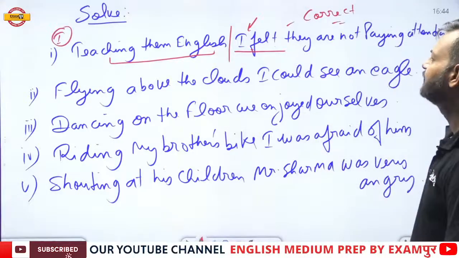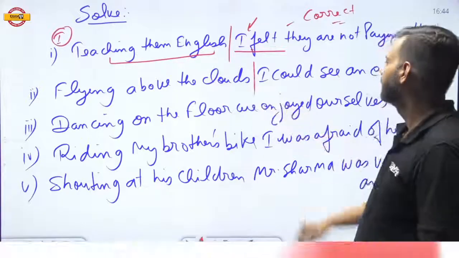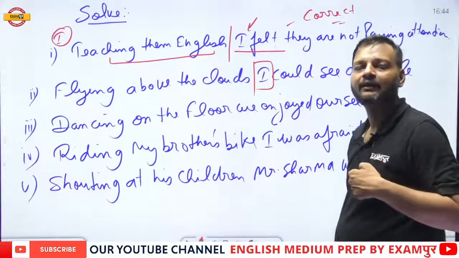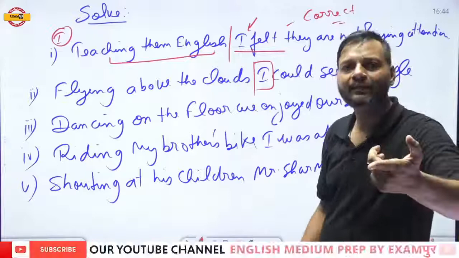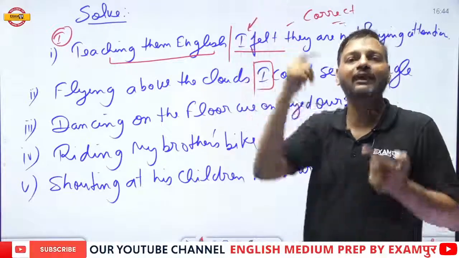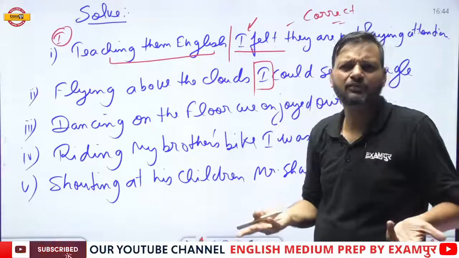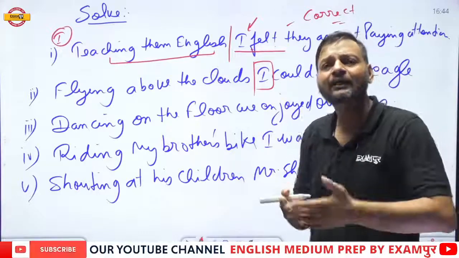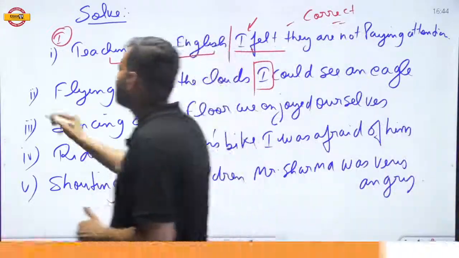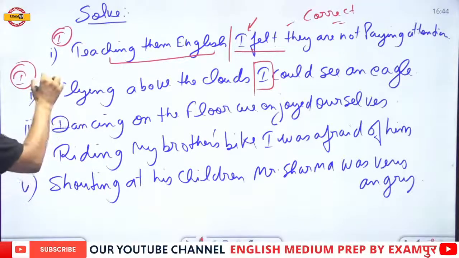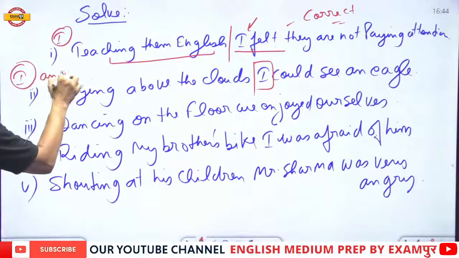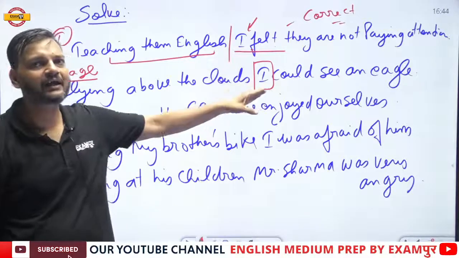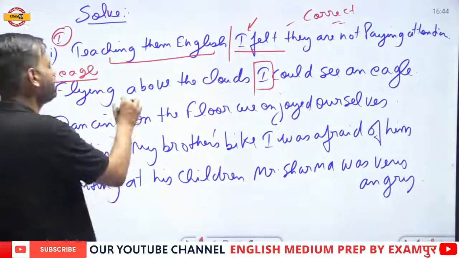Second sentence, flying above the clouds, I could see an eagle. Who could see an eagle? I could see an eagle. So who is flying, I or the eagle? Basic general knowledge thing: I cannot fly above the clouds. But who is flying? The eagle is flying. So here the first subject is not I, it is an eagle. So the subjects are not the same. The second subject is I, while the first subject is eagle. That means this sentence is